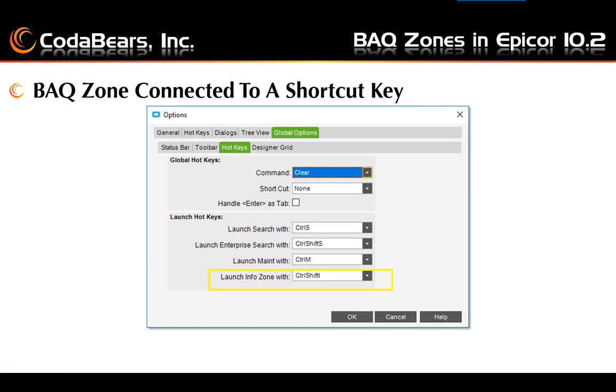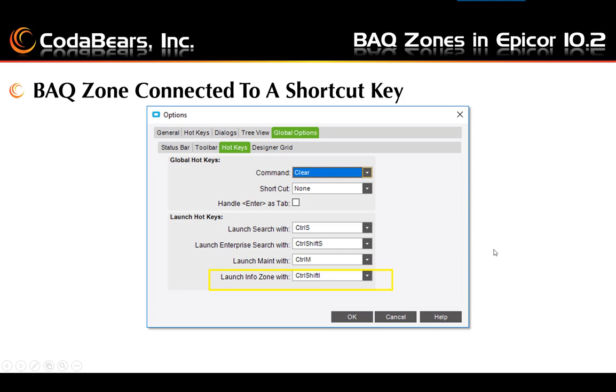So here we can show how we're connecting our BAQ zone to a shortcut key. We can set up a hotkey to launch our BAQ zones. First, you go to any form that has a BAQ zone field, and then you go to the Tools menu and Options menu item. You click on the Global Options tab and the Hotkeys sub-tab, and notice the bottom item shows the current default